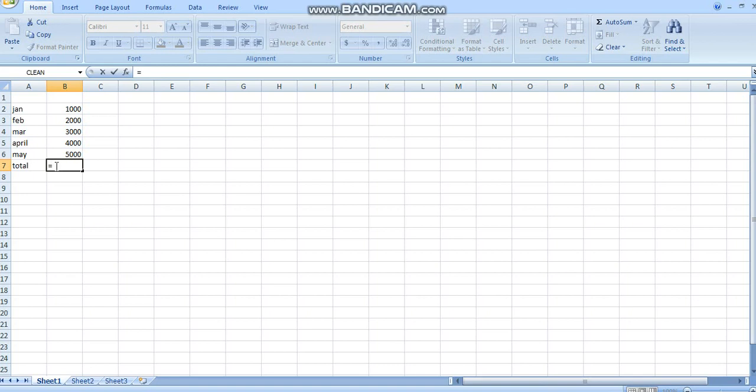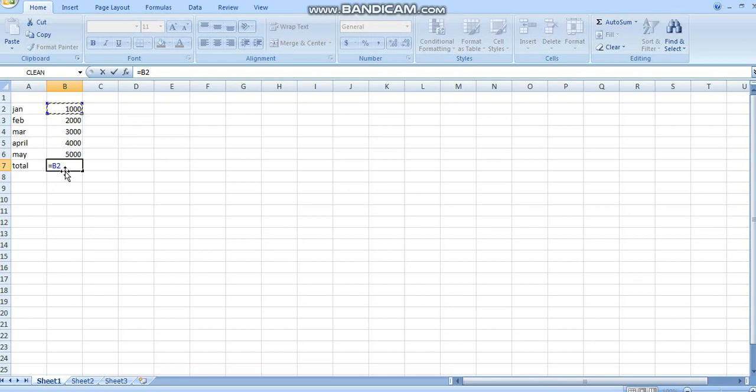Then I will move the mouse to 1000 and click here. See, B2 is already selected as the cell. Why is it blue? It is blue because I have taken it as a formula. That is how you get to know that a formula has been applied.